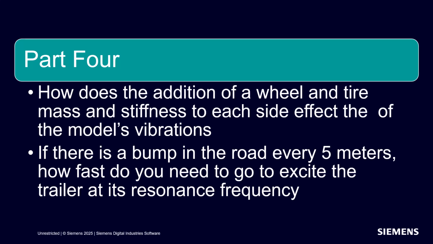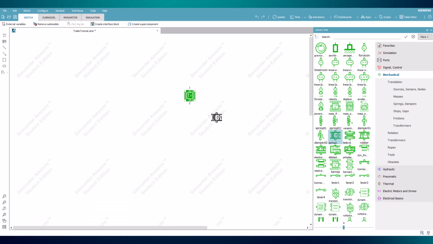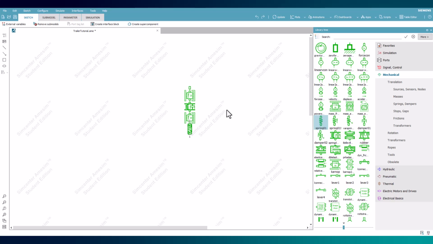Sketching the model will begin similarly to the model in part 1, with a mass connected to a spring and damper on one side, and a zero force source on the other. For the remaining port of the spring and damper, attach a mass component for the combined wheel and tire. Next, place a spring underneath this to replicate the stiffness in both tires. Lastly, close the remaining port of the spring with a zero-speed source.